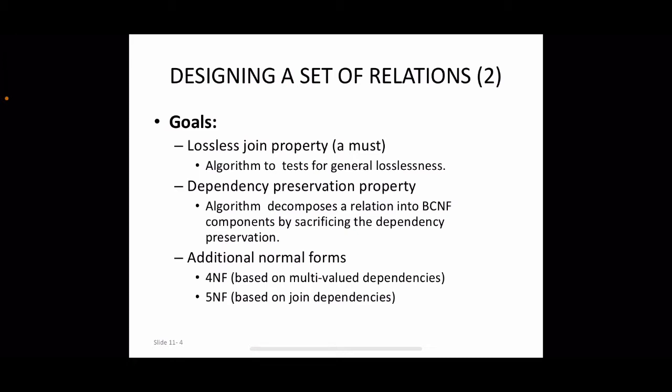And the second one is the dependency preservation property. We have a set of functional dependencies, and when we decompose, these functional dependencies should be there. They should not be lost. That is called the functional dependency preservation property. And we will go through some additional dependencies like multi-valued dependencies, join dependencies, etc. And we have corresponding normal forms also: fourth normal form, which is based on multi-valued dependency, and fifth normal form, which is based on join dependency. These we will see in further coming sessions.